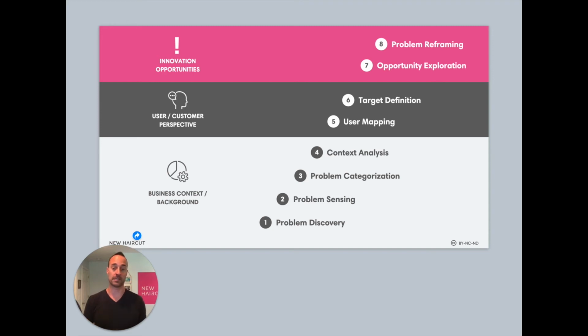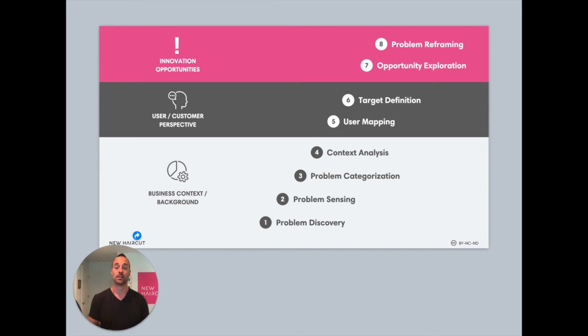Problem framing isn't something that we invented inside New Haircut. We did develop a recipe of our own using design thinking that we think is really good at bringing the team together to align on one important problem, ruffle the feathers, and make sure there's agreement on who's being impacted by the problem and if it's important. Then you clearly articulate what that challenge is all about, so that you have not only permission and confidence to run a design sprint on it, but you know the right people to organize and bring into the sprint.